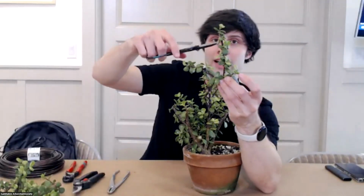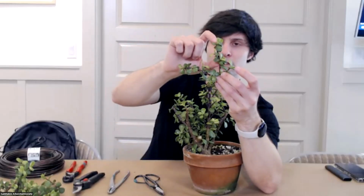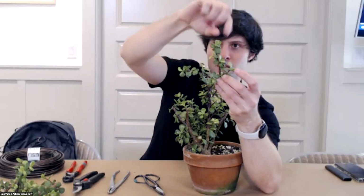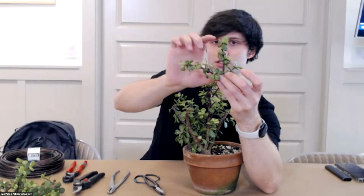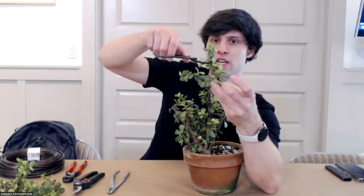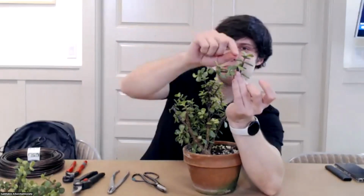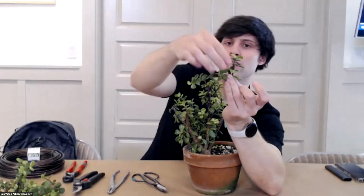And so the more we can do to make it more dense, let's say I'll use this one as an example. This is a branch, I already cut it off, but let's say this was a branch on the tree. I could cut it back here where I've got 2 or 3 sets of leaves. But the bifurcation is going to come from here, so I'm never going to recover this distance into the trunk. So I could actually cut it back further, to here, for example, or even further, back to this one. Now that branch looks a little bit sad right now, but ultimately